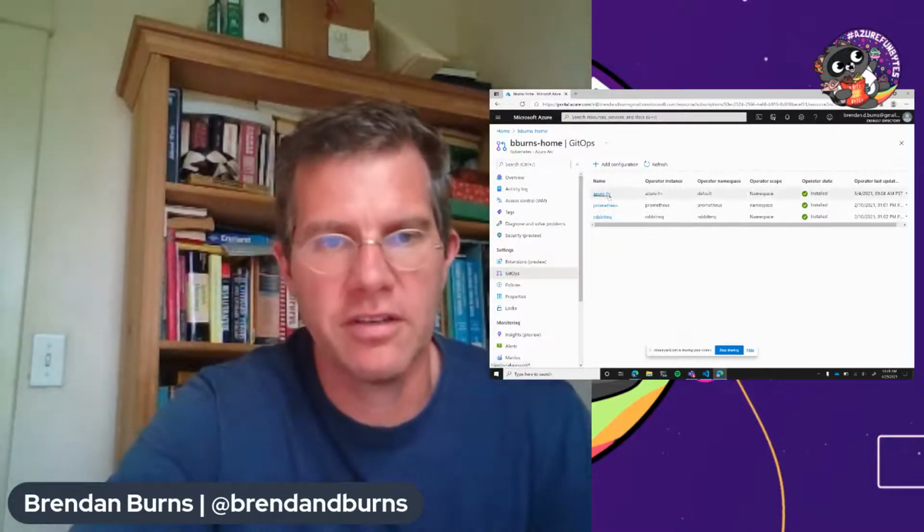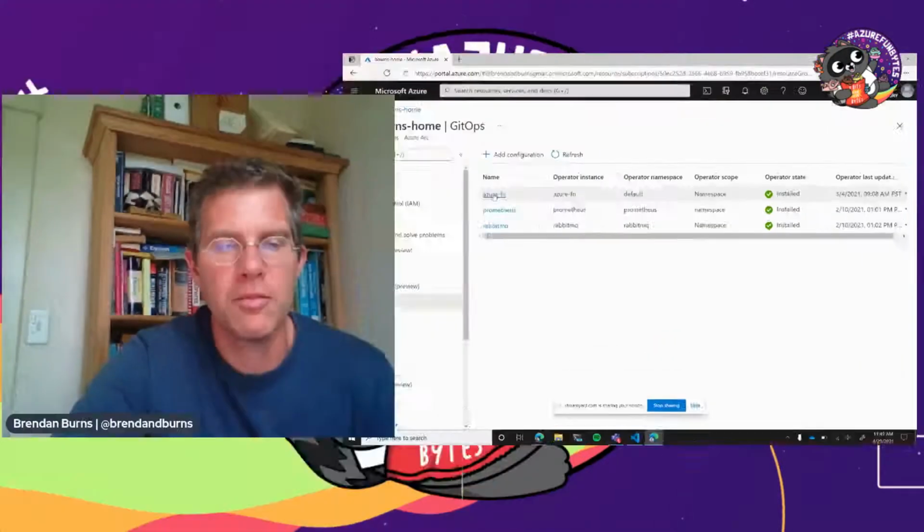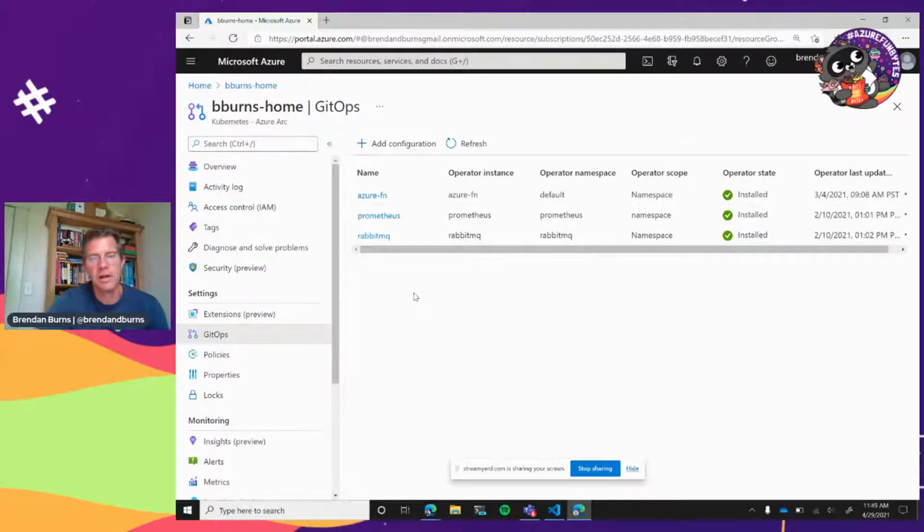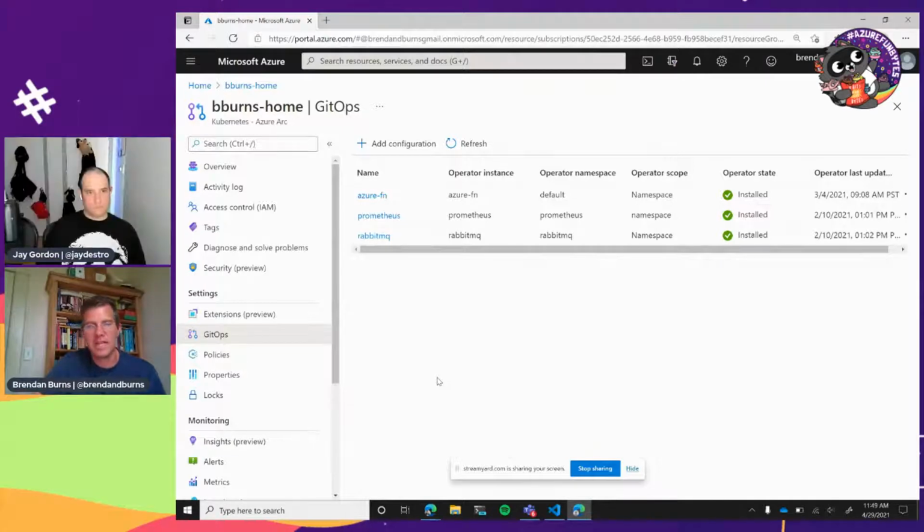One of the other things you'll see here is that I have an Azure function installed, which is one of the other cool parts about Arc, I think: we're bringing a lot of the higher level developer experiences to Kubernetes at the edge also. This is using the KEDA project that is out there on GitHub to provide an Azure Functions experience, but running on a Kubernetes cluster. So you can use the same func tools that you're used to, and the same triggers and bindings. But it's not running on Azure. It's just running locally, in my home cluster.